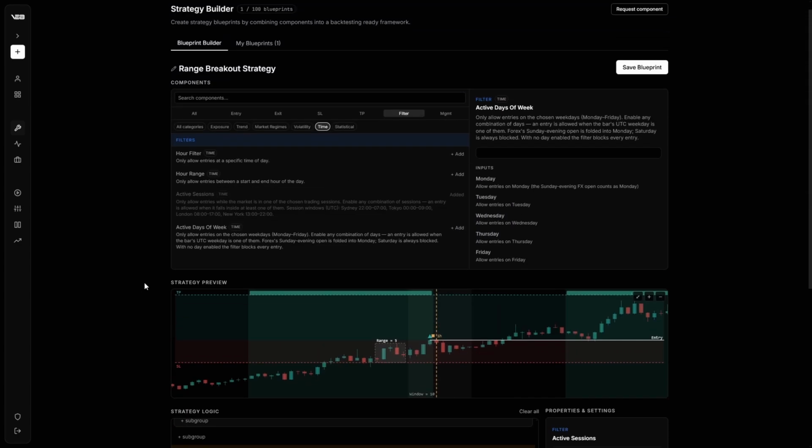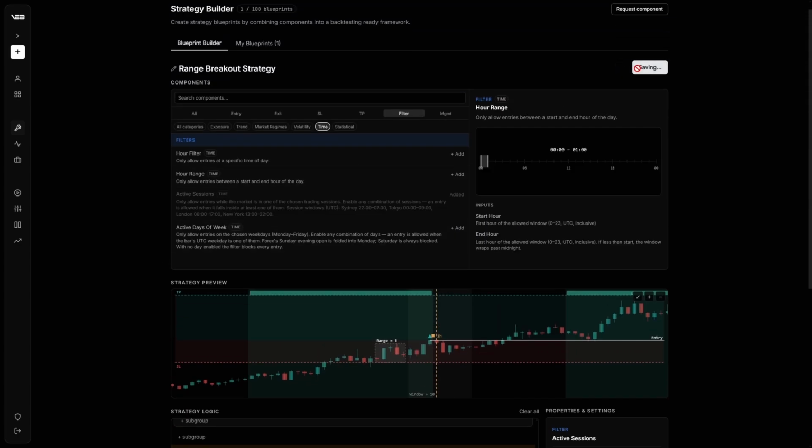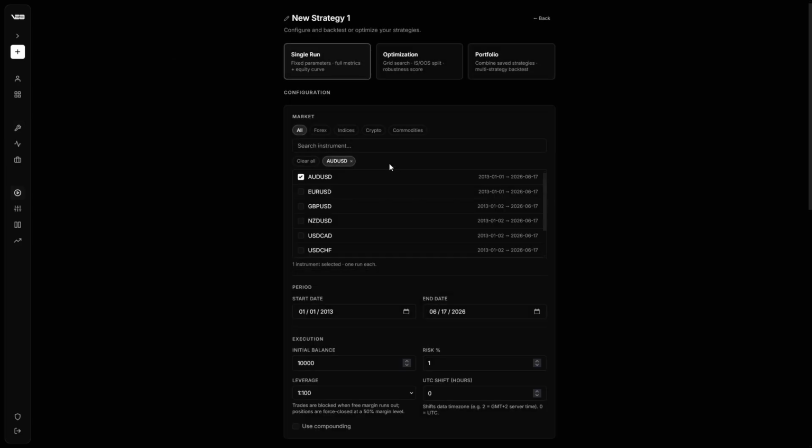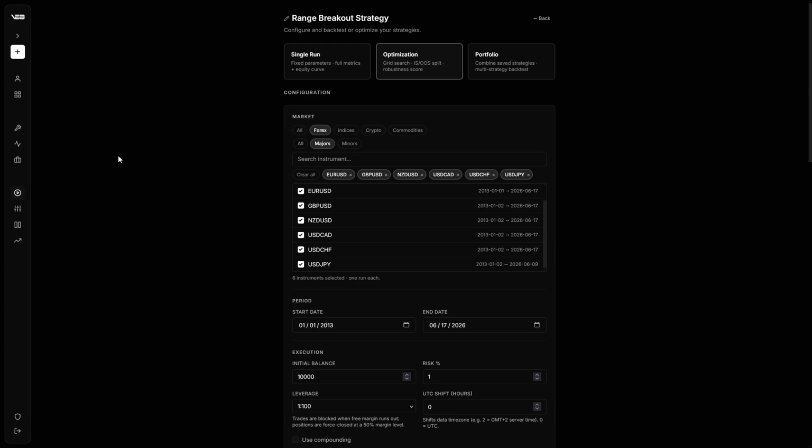Now, the next step is where things actually get interesting. I'm going to define exactly what we need to optimize and what we intentionally do not want to optimize. So let's select the optimization setup, and first I'm going to start with only the major pairs. I want clean, liquid and stable data before I expand the testing to all the other instruments and other markets that exist. So if we can find an edge here, then we can later scale this into gold, indices, crypto